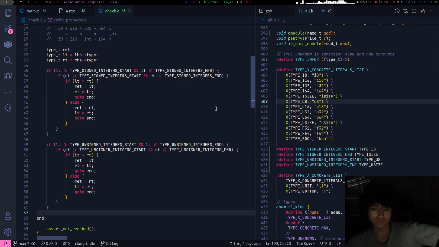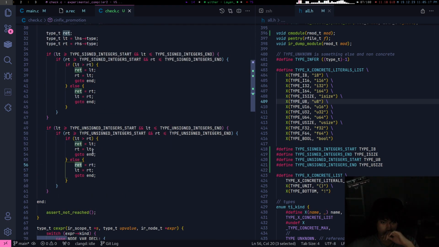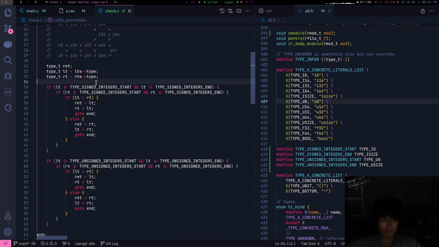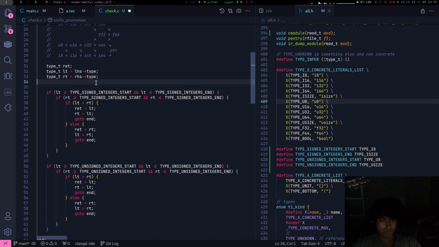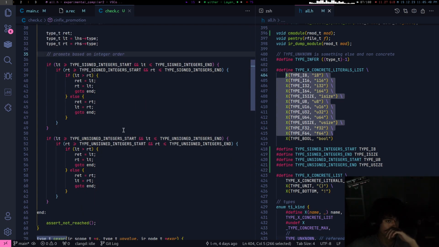Sure. Now let's do the rest of this. It's based on integer order. Remember, it's an integer order. These are all the numeric types.